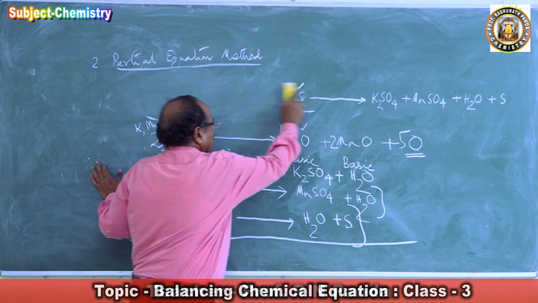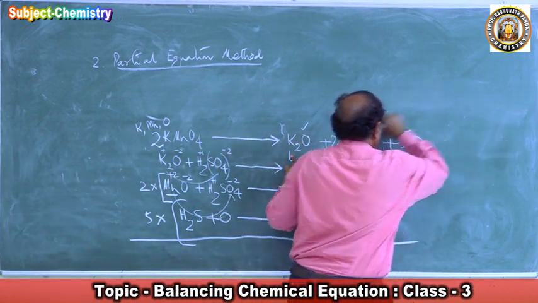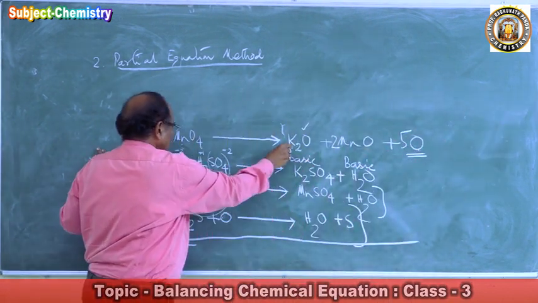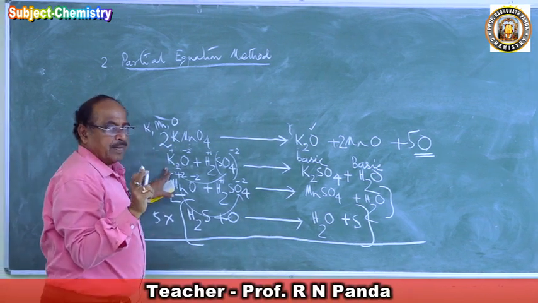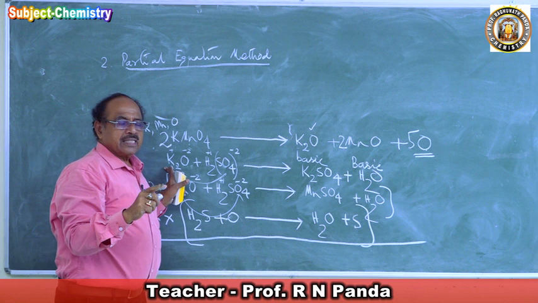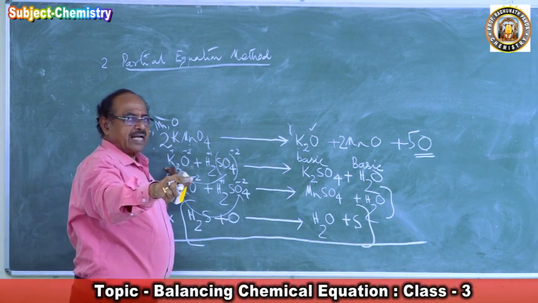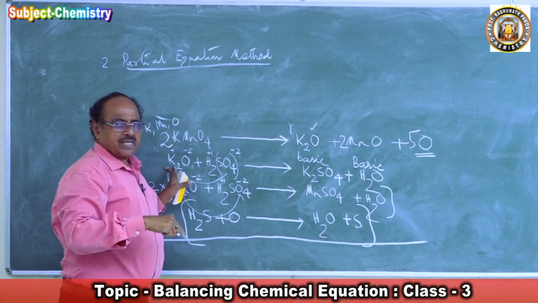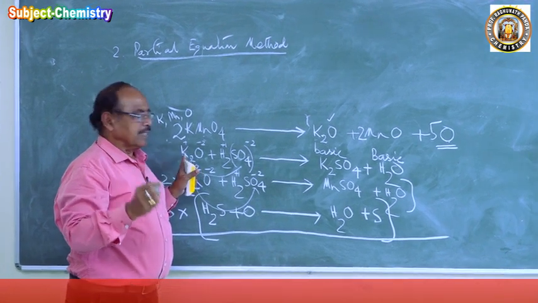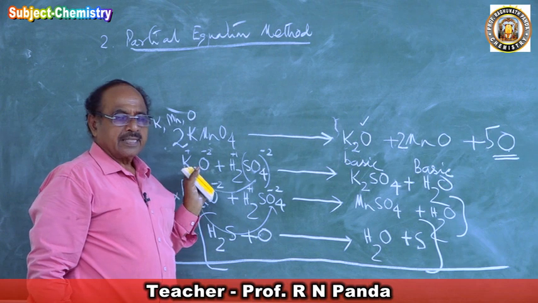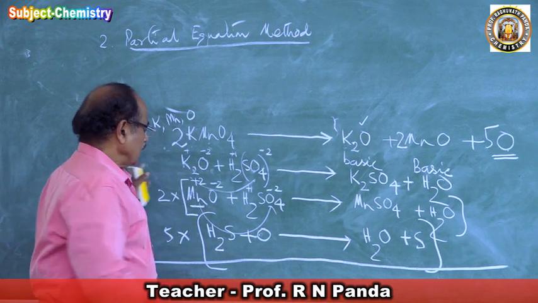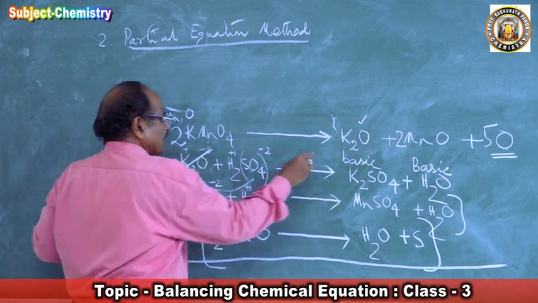So I'll rub it out and here I will write. This is K2O on the right side and K2O on the left side. You have read in algebra, in mathematics, that if anything is there on the right side and on the left side, they cancel each other. Why? If this goes to that side, it becomes minus, or if this comes to this side, it becomes plus. So this K2O will cancel with K2O.